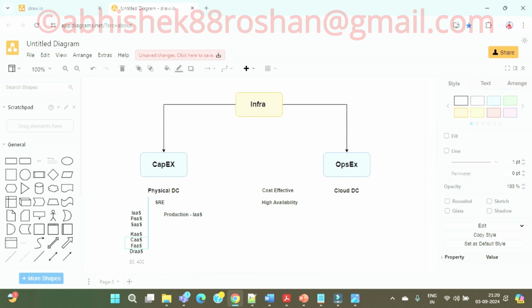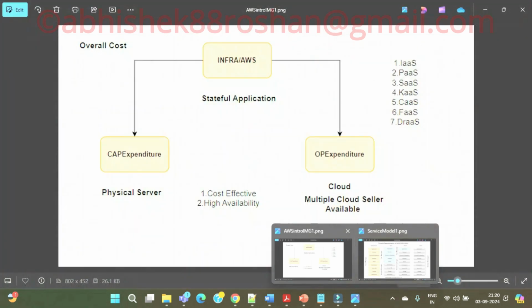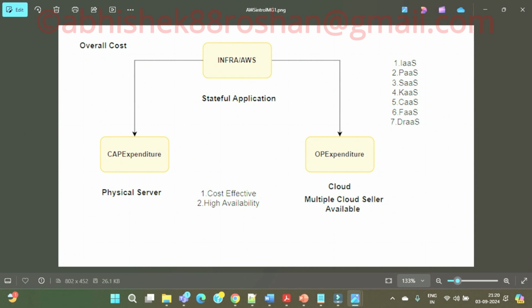So these are the 4 types. In this diagram also you can see the four types.